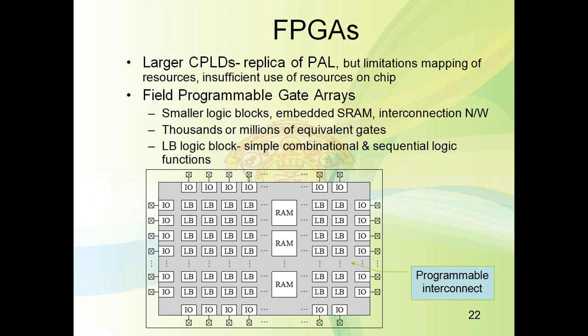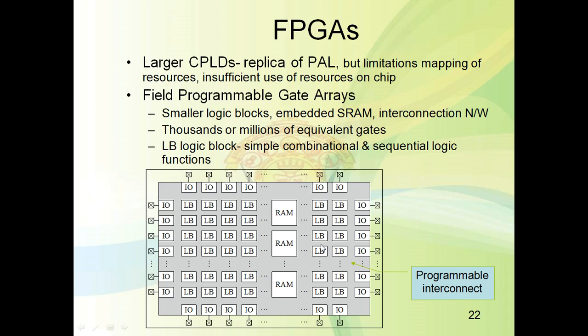So for FPGAs, you can see the block diagram. These are the pins for the user interface, and this is the IO block, all are IO blocks. Then there is a logic block. There are logic blocks, and in between them there is an interconnection between the logic blocks. Internal RAM memory is also there.